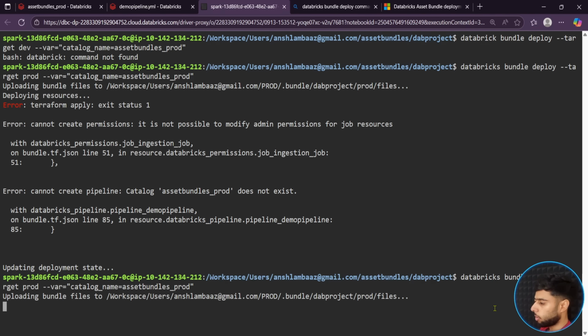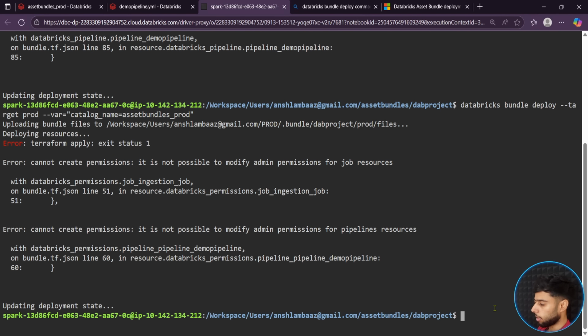So it is saying uploading bundle, then deploying resources. Okay, then we do not want an error. Okay. Yeah, that error is fine. That we know. That is fine. Okay. So now that means we have our bundle deployed and we can see two production resources are deployed, demo